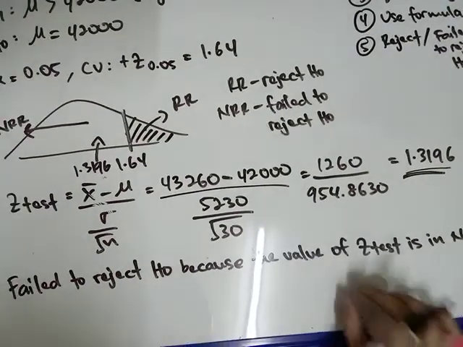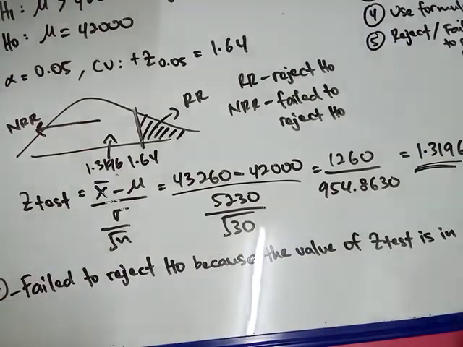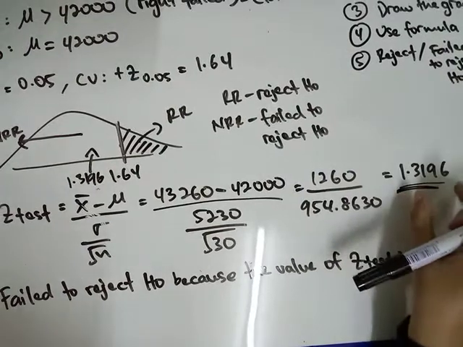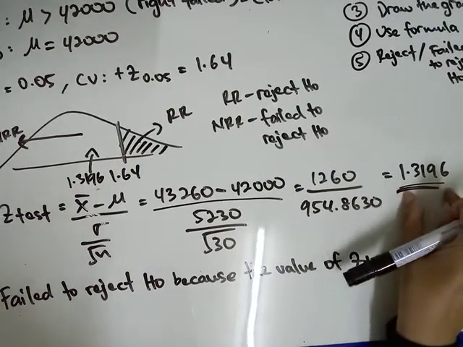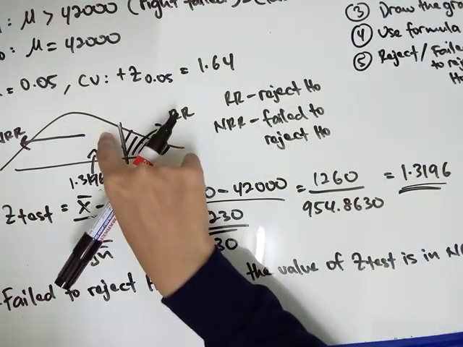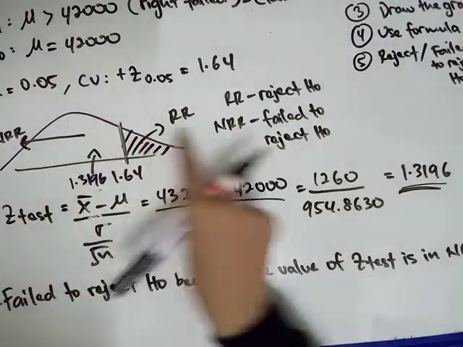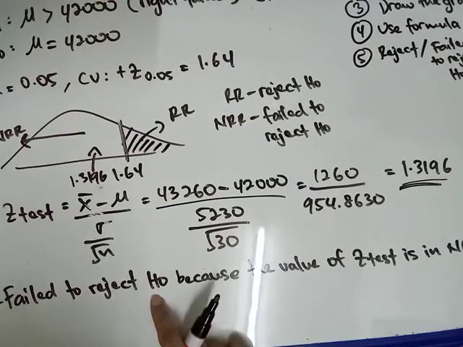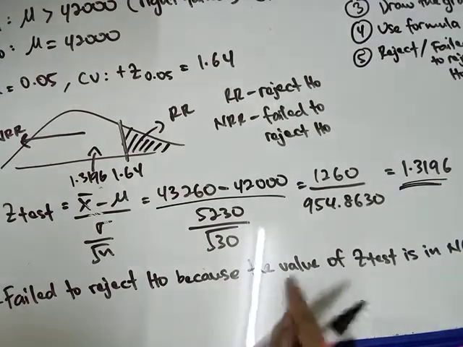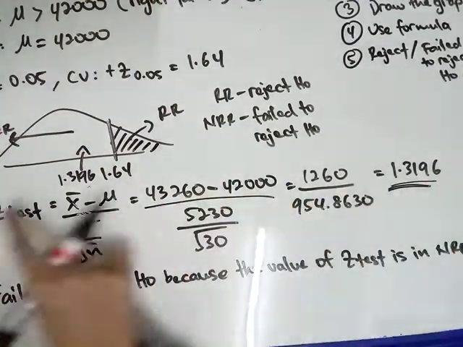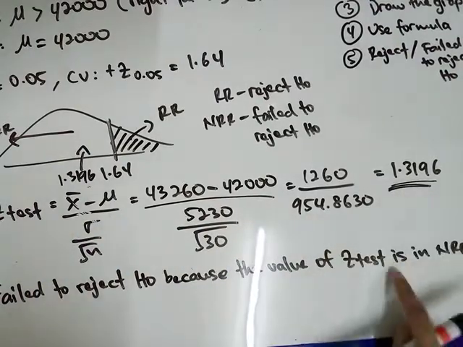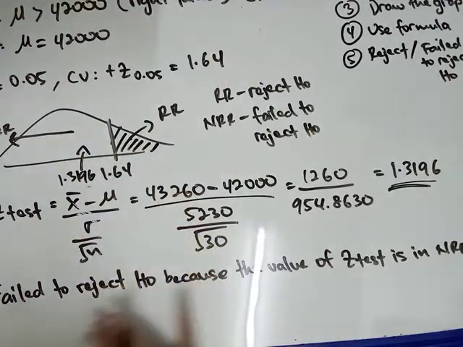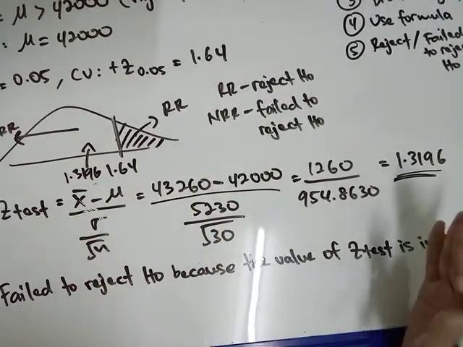For conclusion, first conclusion. Okay. Kita tahu value ni yang kita dah calculate is in NRR. Okay. So NRR means fail to reject H note. So we can conclude fail to reject H note. Why? Because the value of Z test, awak state kan, value Z test ni is in NRR. Okay, this is first conclusion. Second conclusion,